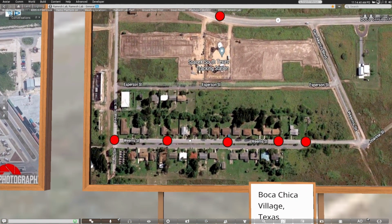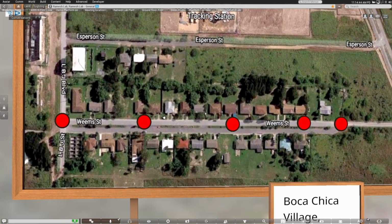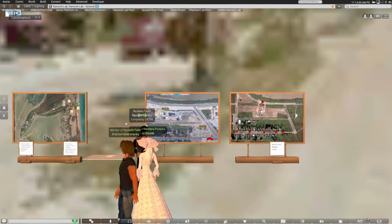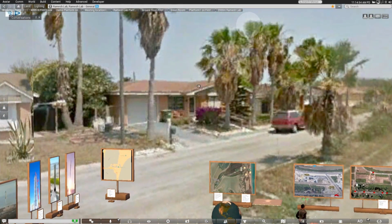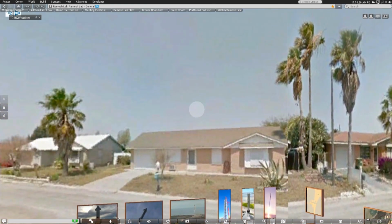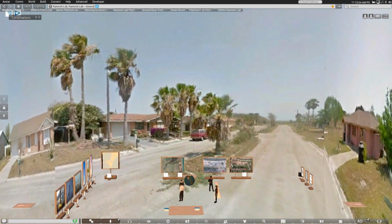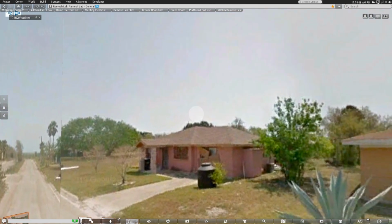And I'm going to pick just one of these hotspots here, and I'm going to click on this one. So now we are on Weems Street. I'm waiting for the scene to load. And you can see it looks like a typical rural town, and you can see the trees. It's a very dry place. Again, that's 2019. And I imagine now things must be very different, but you can see the houses and you